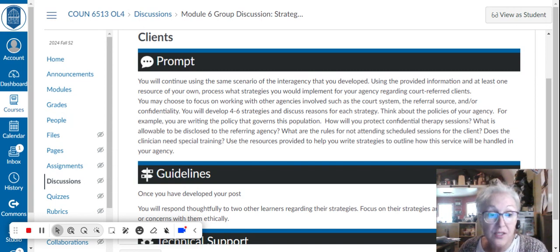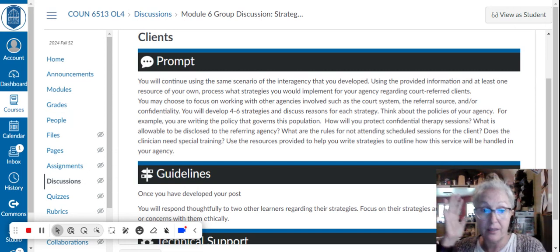If you get hired somewhere and they say you have to work 1 year before you can take a week vacation, that's a strategy. If they say, in your Lindsay program, you have the right to appeal a grade, but you have to appeal it within 7 days, that's a strategy. So that's what we're talking about here. What are 4 to 6 strategies, and discuss the reason for each one, 4 to 6.